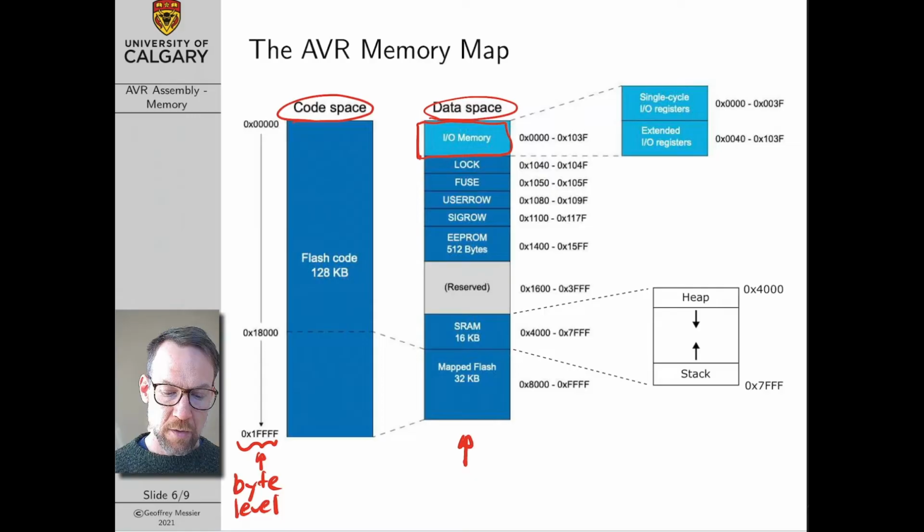We've got some other special areas of data memory. I won't get into these in detail. You can reference those in the datasheet if you want. We've got some reserved address space, and then we've got 16 kilobytes of SRAM. You can think of this 16 kilobytes of SRAM as data memory as we were talking about it in our microarchitecture. So this is the location in data memory that we can basically play with as programmers